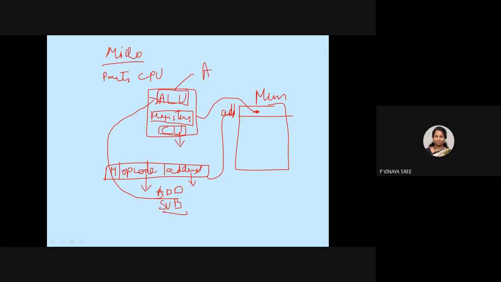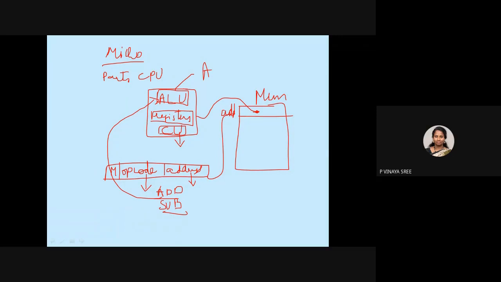Can anyone tell me the use of a control unit? Right from the starting we have discussed in the first unit what the use of a control unit in the CPU is. What does the control unit do? Anyone can answer, please.